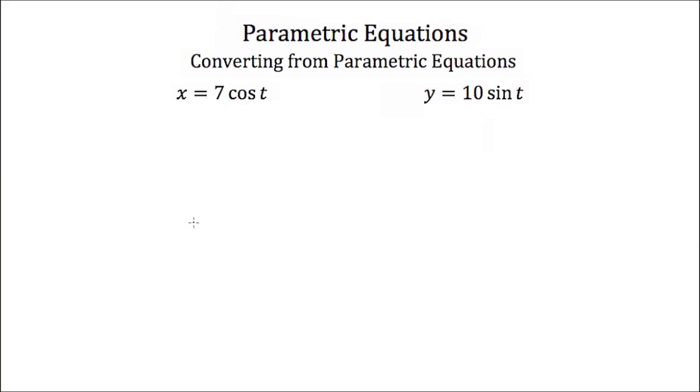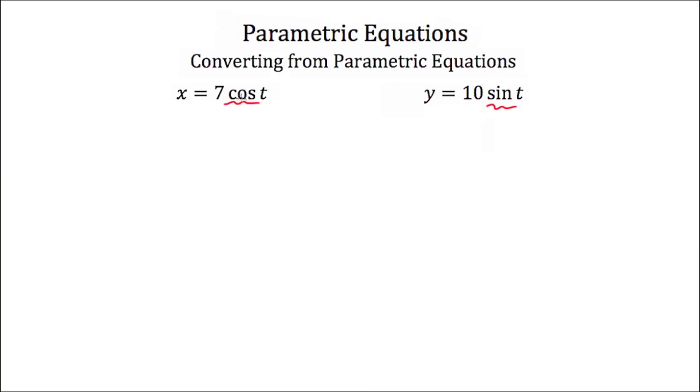Now let's work on another example of converting a parametric equation. Here we have x is equal to 7 times the cosine of t and y is equal to 10 times the sine of t. Now whenever you have parametric equations that involve cosine and sine, usually the easiest way to convert these into an xy equation